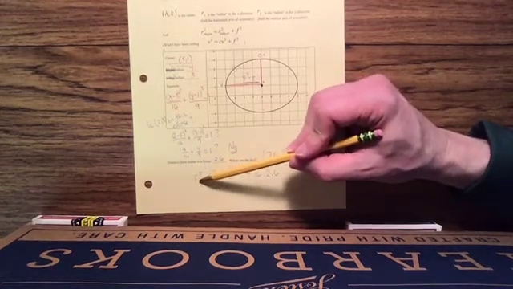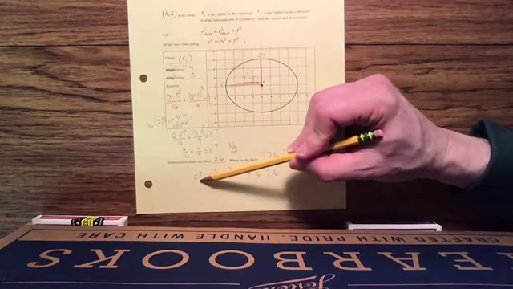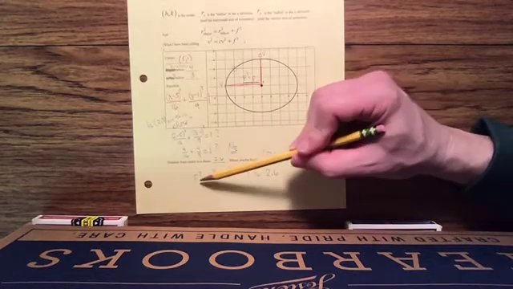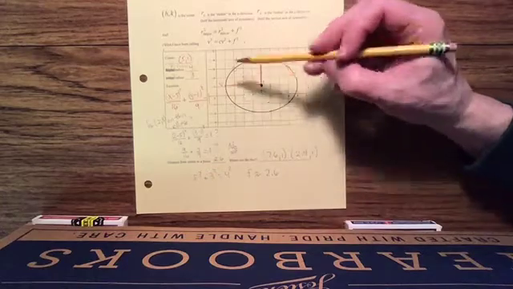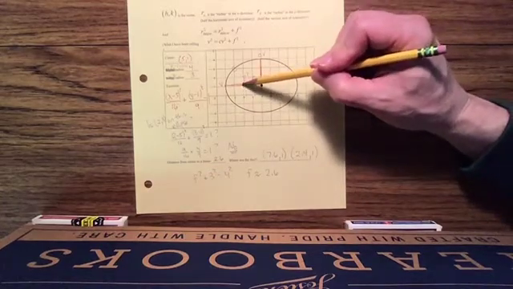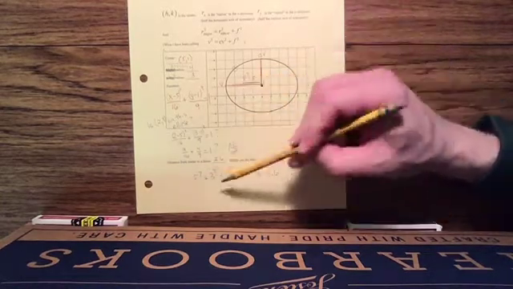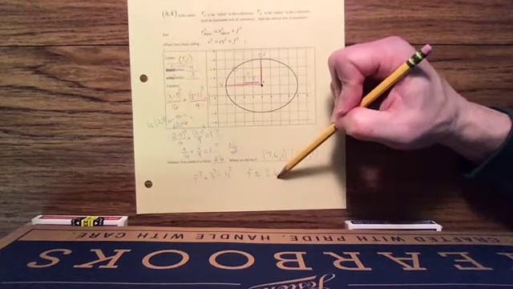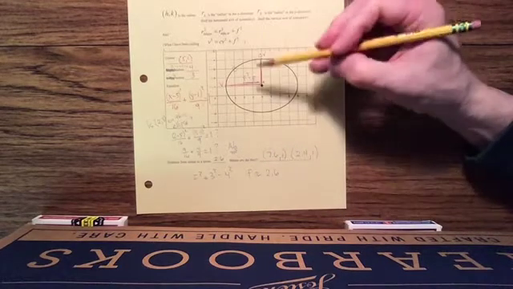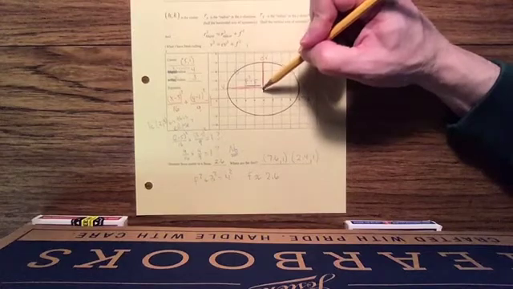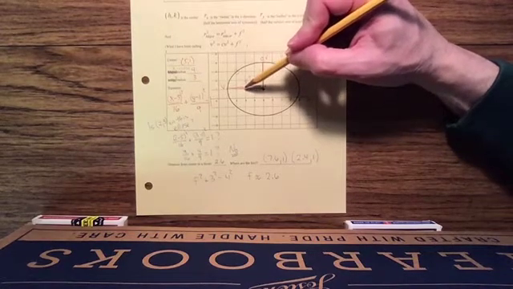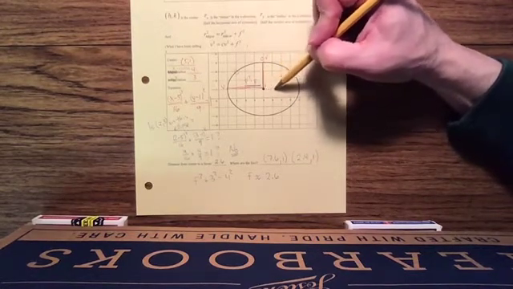But you call it a, call it b, call it x, call it anything you want, as long as you know that it stands for the distance from the center to one of those focal points. Solving for that f, we get about 2.6. So each focus has to be 2.6 units either to the left of 5, 1 or to the right of